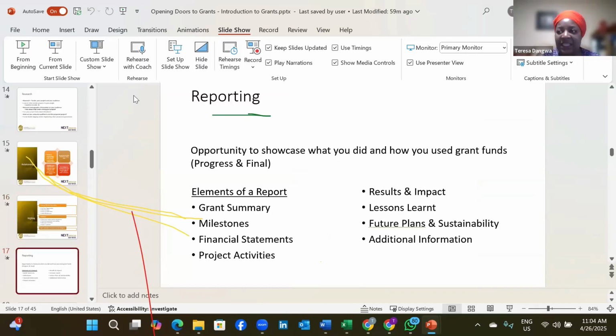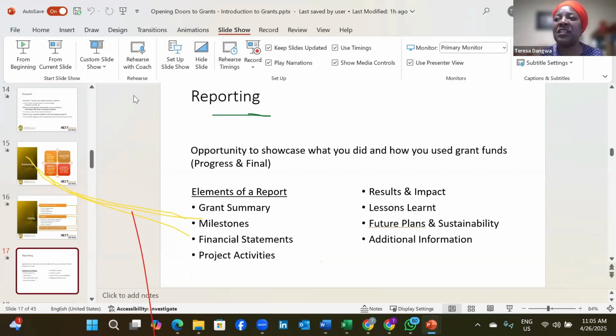Reporting is the last R. A lot of times people get a little bit antsy about reporting, but reporting is one of those tools that you have to showcase your organization, to showcase what it is that you're doing with the funds that you've been given. So there are two types of reports. There's a progress report, and then there's a final report,